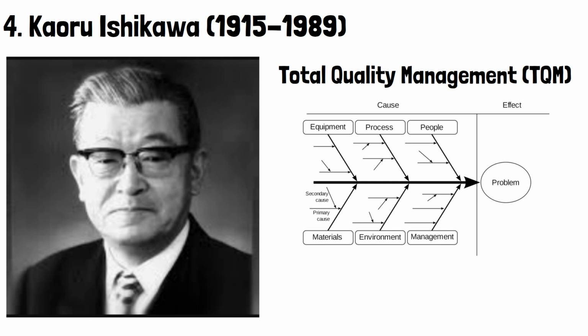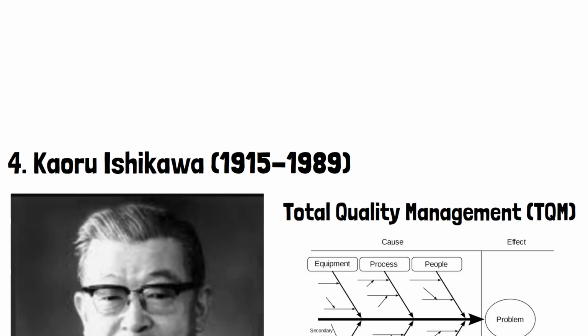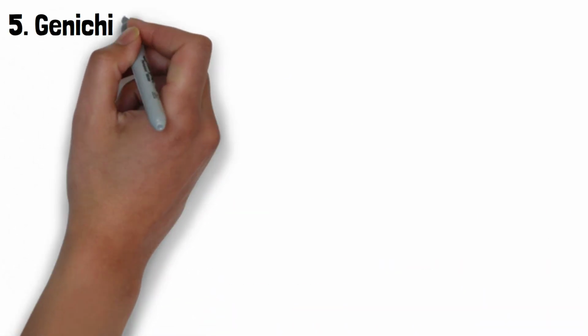Quality circles. Ishikawa promoted the concept of quality circles, where small groups of employees collaborate to solve quality-related issues. Legacy. Ishikawa's emphasis on employee involvement and his tools for problem-solving remain fundamental in quality management. 5. Genichi Taguchi,